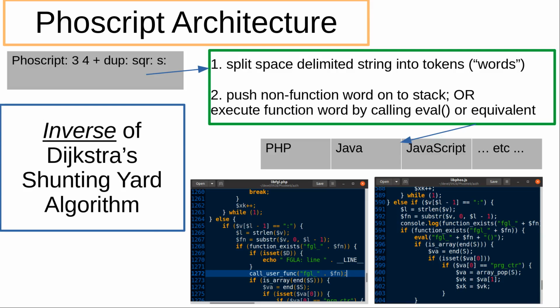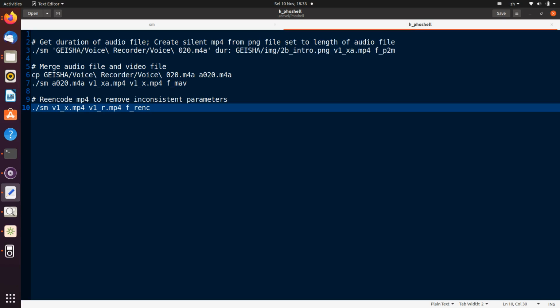In a previous video, we have demonstrated how Phoscript can simplify various programming languages by being a metaprogramming script, mapping reverse Polish notation tokens or words to functions of the host programming language. In this video, we shall show you how Phoscript can be a metaprogramming script to the bash shell itself, with